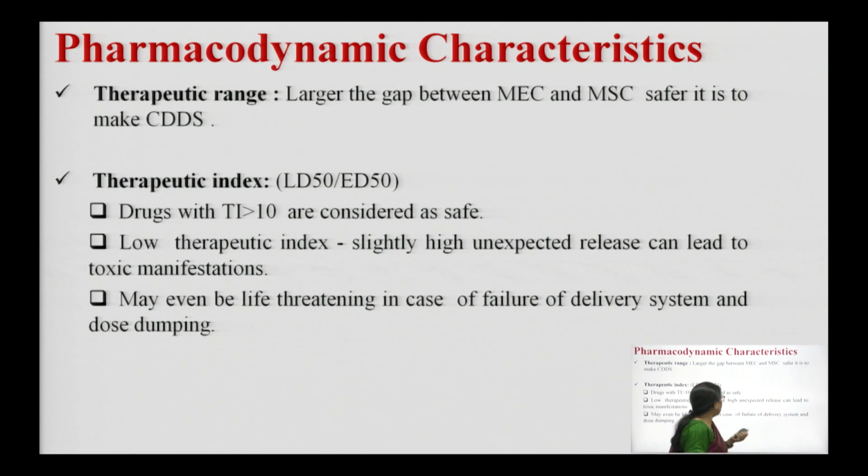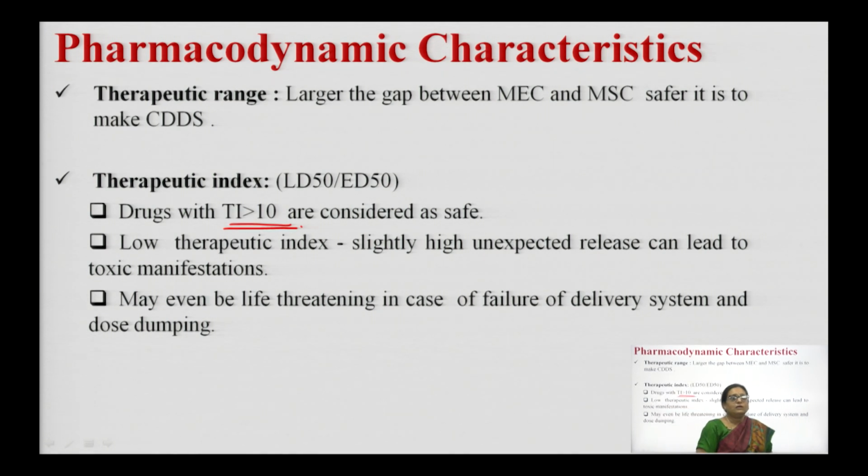The drugs with therapeutic index greater than 10, that is, the difference between the LD50 and ED50 is 10 times, such drug candidates are considered as safe for formulating as controlled drug delivery systems, whereas drugs with low therapeutic index,